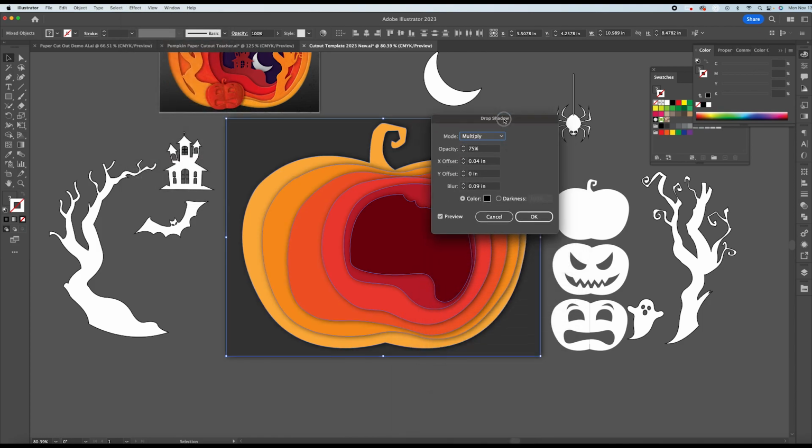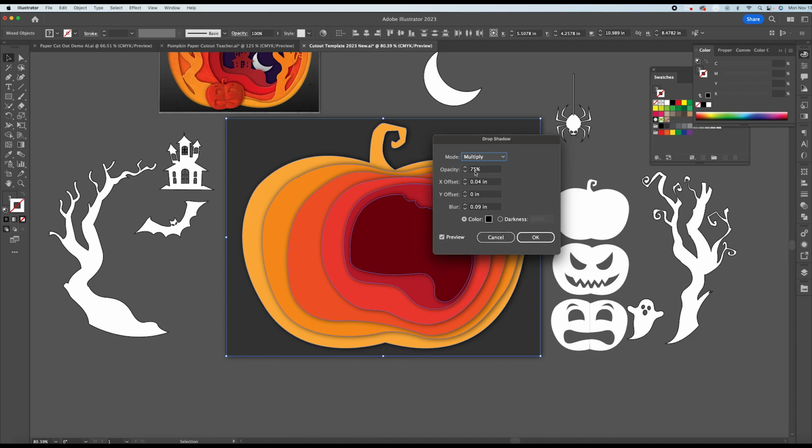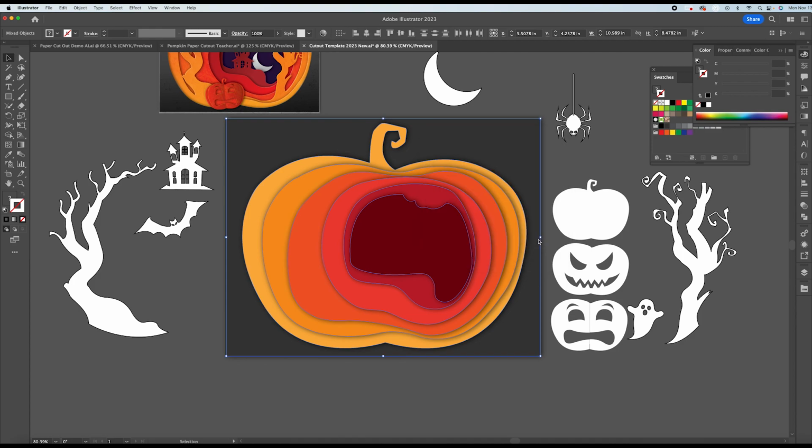With my drop shadow settings, I've set it to 75% opacity. My X offset is 0.04. My Y offset is 0. And then my blur is 0.09. Keeping it to a black for right now. And click OK. So right now, what we can see is that the layers are currently showing that the middle layer